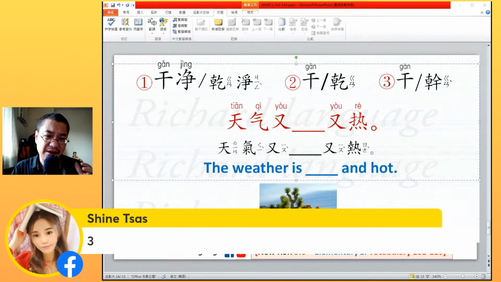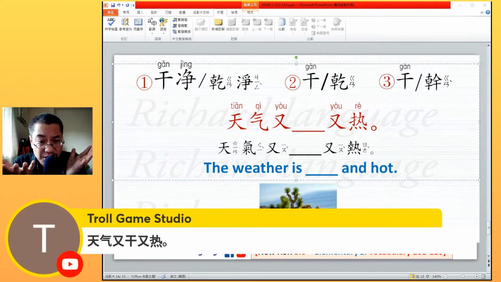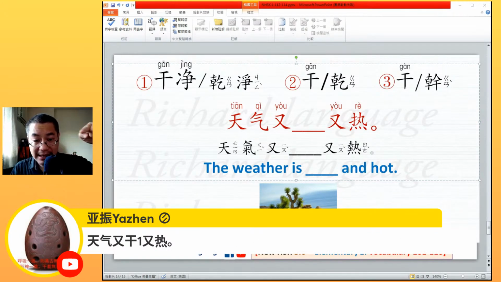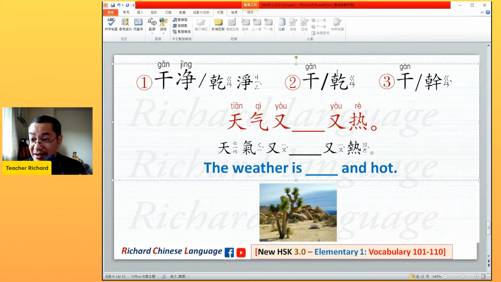And sorry, it's not 干. 干 means to do, it's the verb. 又干, but which 干? The first tone, very good. 又干又热。